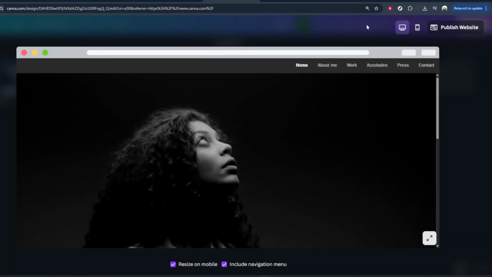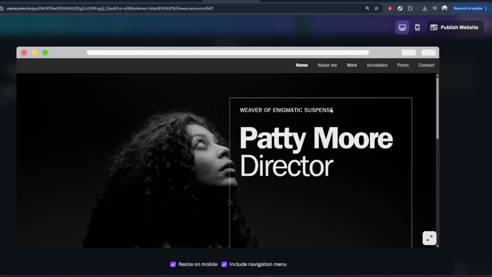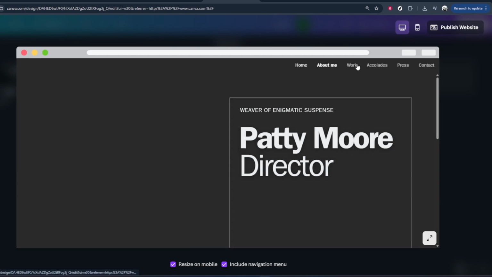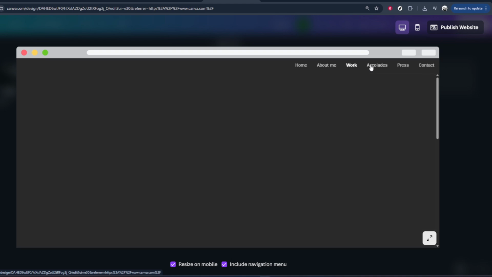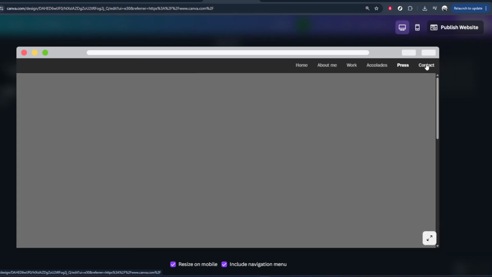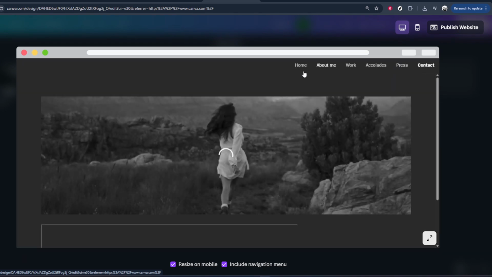After you've arranged everything and your navigation bar looks consistent across all pages, it's time to see it the way your audience will. Click on Preview. This is usually represented by a play or presentation icon. Preview mode hides the editing tools and shows your design full screen, so you can focus on the look and